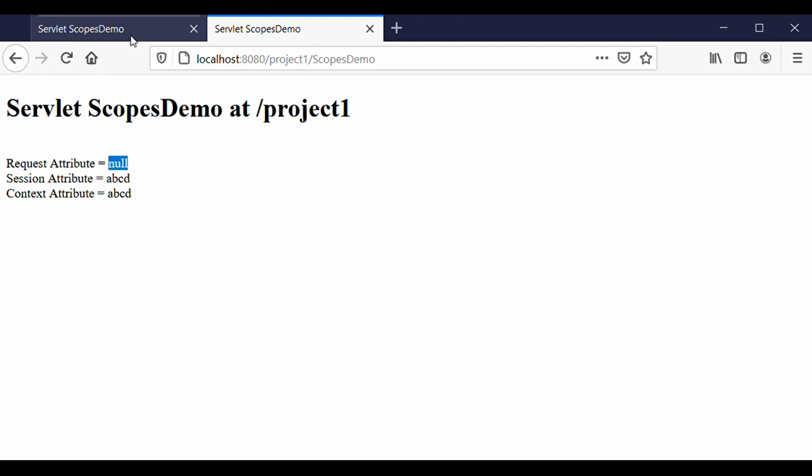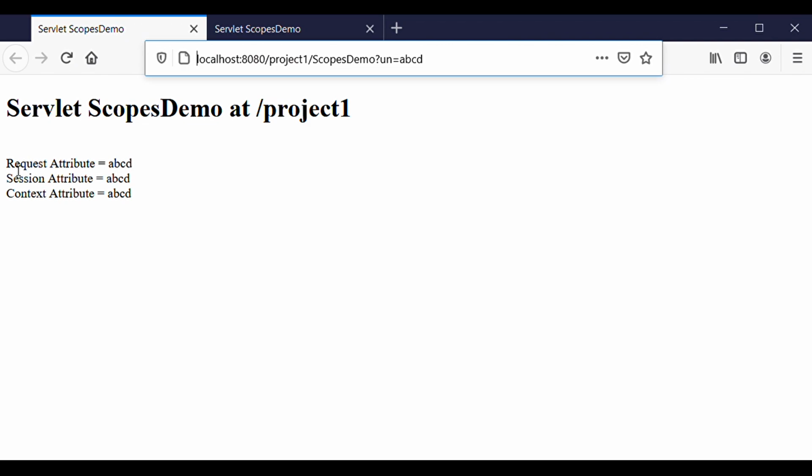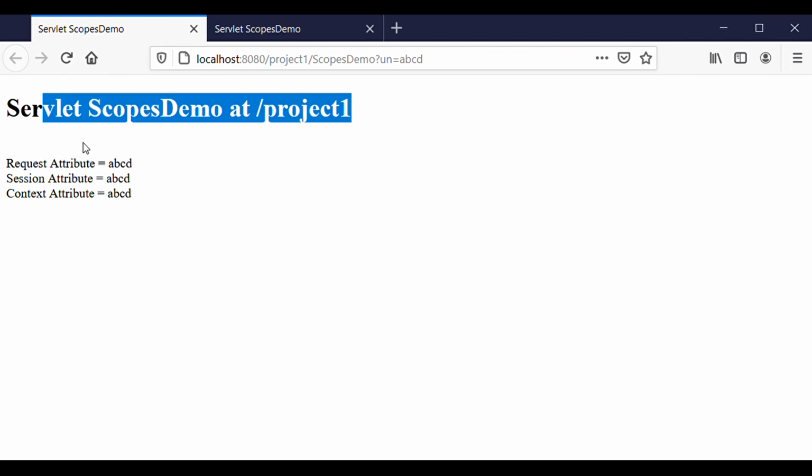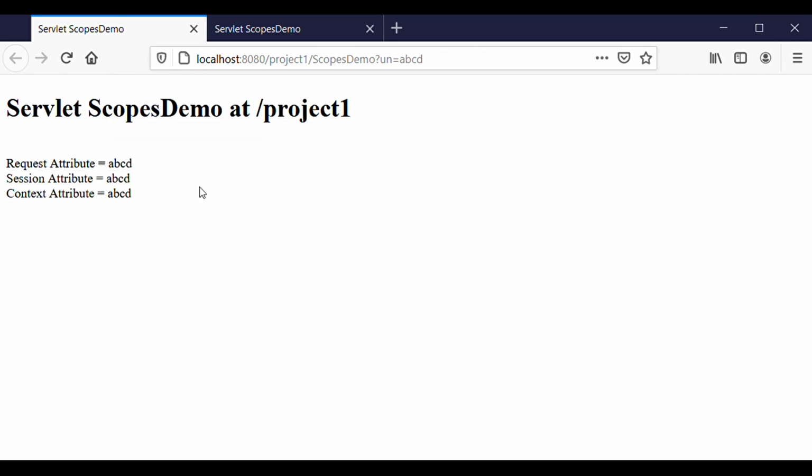This is because the rAttribute was set to ABCD when the first request was received by the ScopesDemo servlet. But after the response for this request was sent back to the client, the request scope has ended and the request has been invalidated.